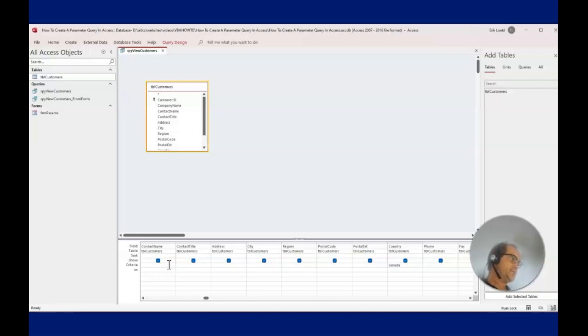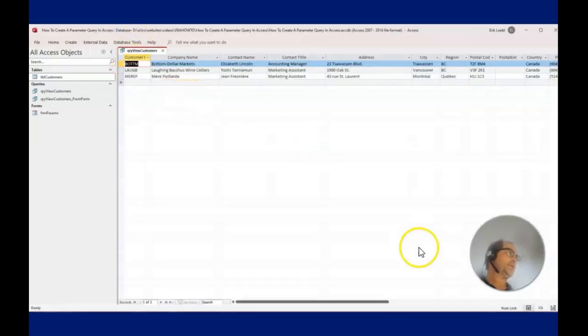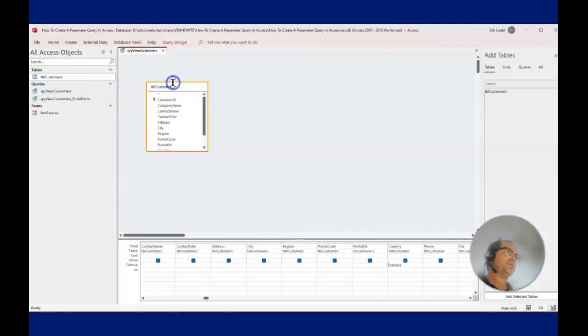Canada if you want all the customers in Canada, and run this, and then you get 3 customers in Canada, but then you have to do it again. A parameter query allows your query to be more dynamic, because even if I run this again by pressing Shift F9, it will give me customers in Canada. So what I want this to do is give me an option